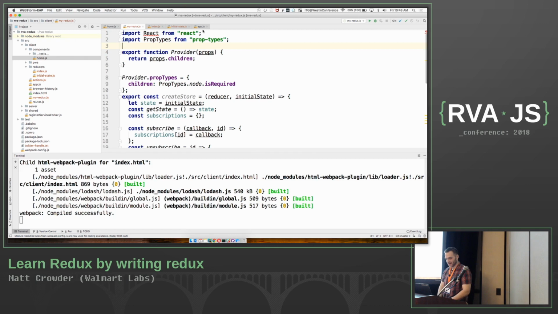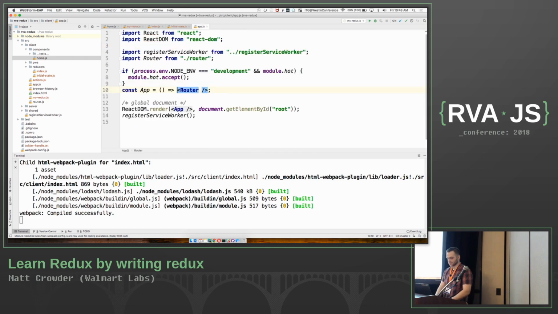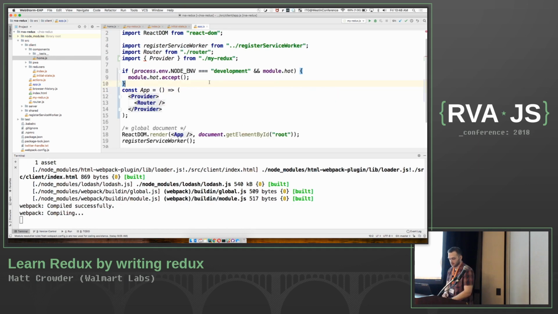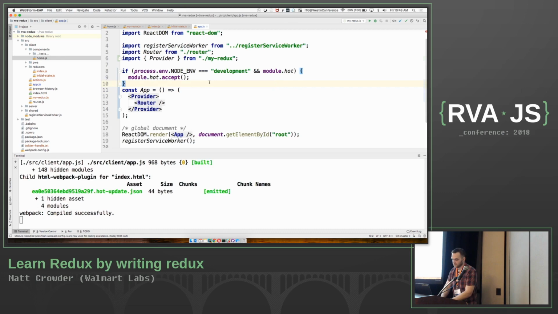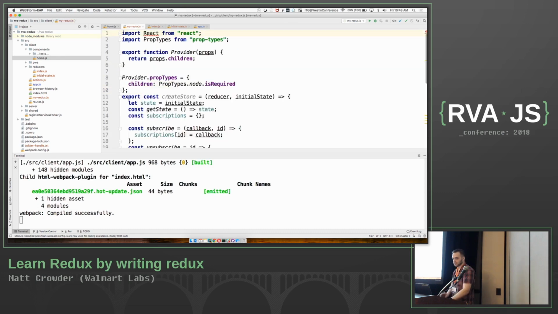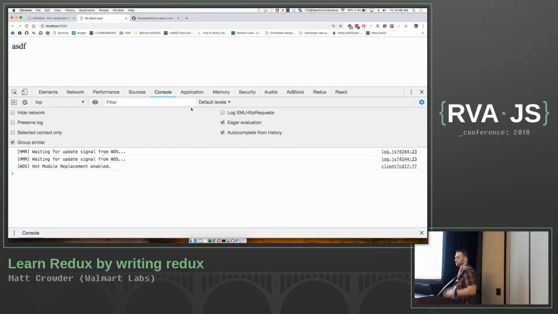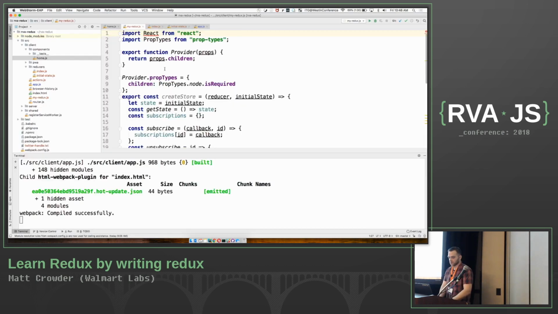So in app.js, now we just want to wrap this router in this provider, and then WebStorm's auto-completing some stuff, so that's why it's being a little weird. So now we just have this provider, and if you look at the provider, it's just rendering props.children, so it's just going to keep rendering whatever's beneath it. So if you see, we still have ASDF. Like, whoop-de-doo, what does that do for us? It doesn't do anything for us right now. What we want to do is